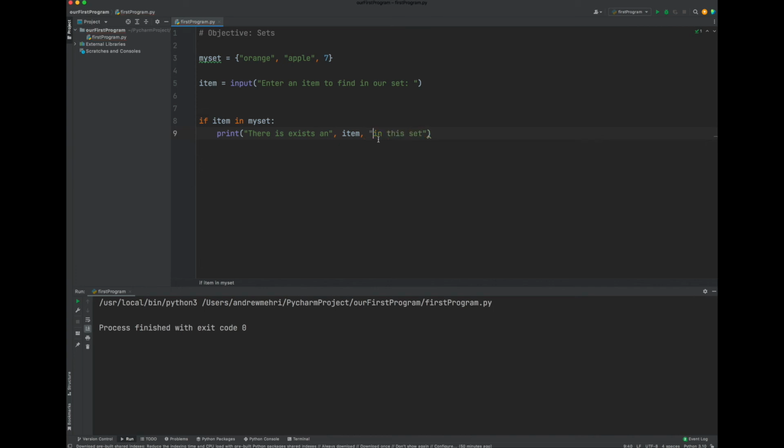So we're crafting the output statement here so we can actually have this embedded as part of this string here. So if the item exists, and else